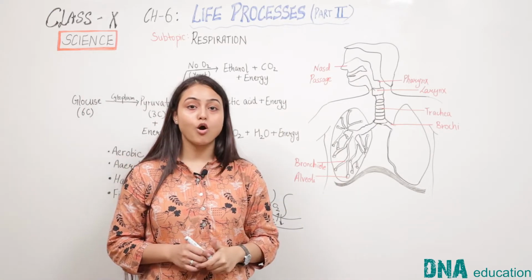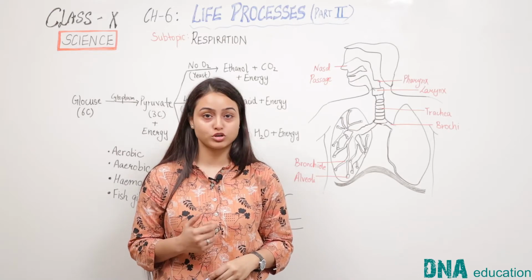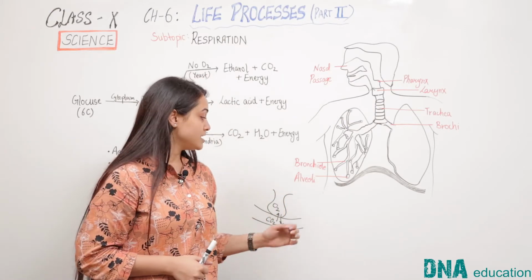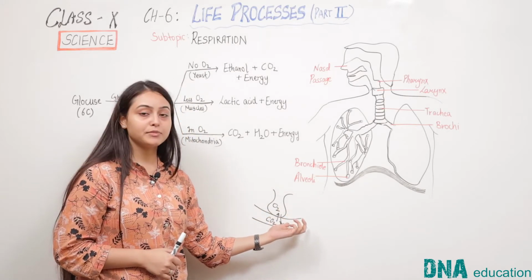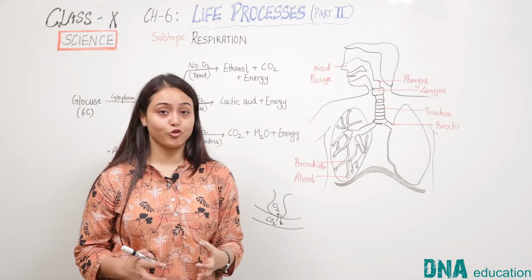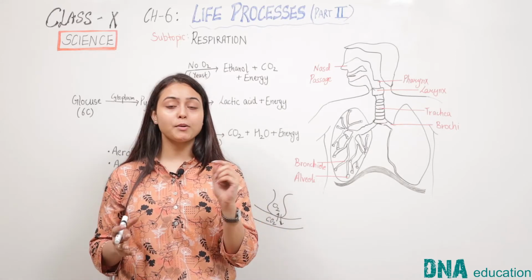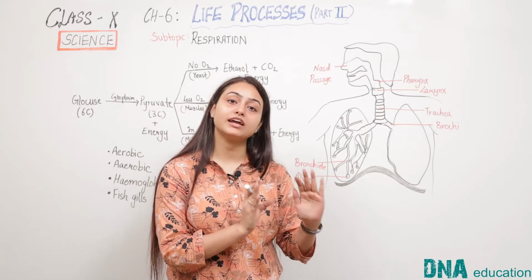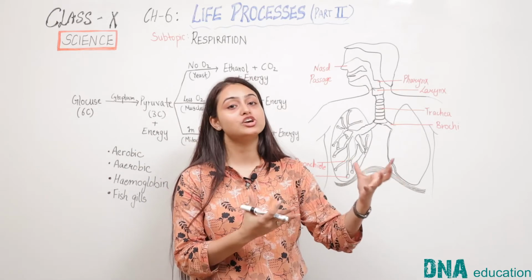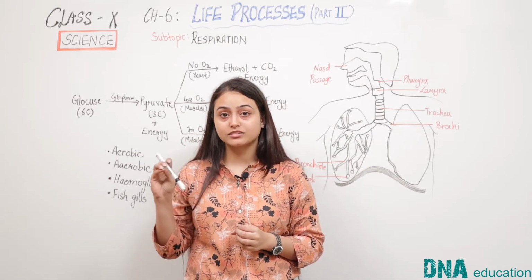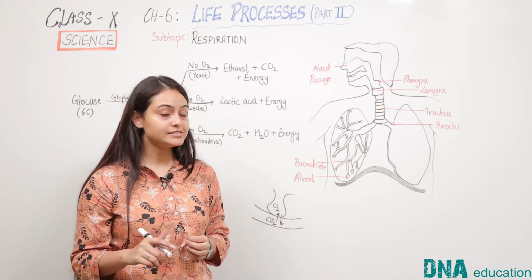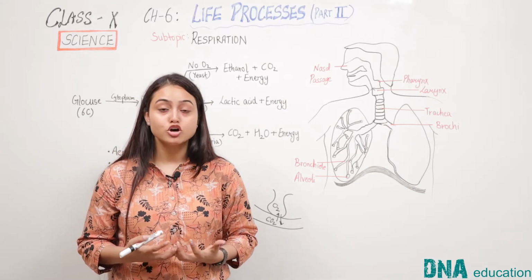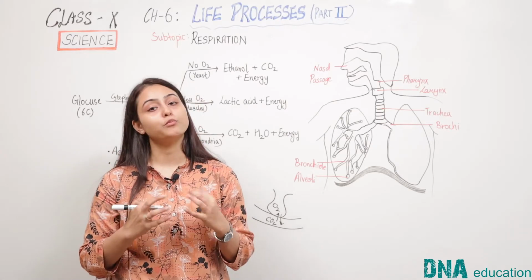Now there are also organisms who live in water. So how do the organisms that live in water survive? Oxygen as well as carbon dioxide can be soluble in water. In all the water bodies, some amount of oxygen is dissolved. However, the oxygen present in the atmosphere is quite large as compared to the one that is dissolved in water. Hence, the breathing rate in aquatic animals is faster